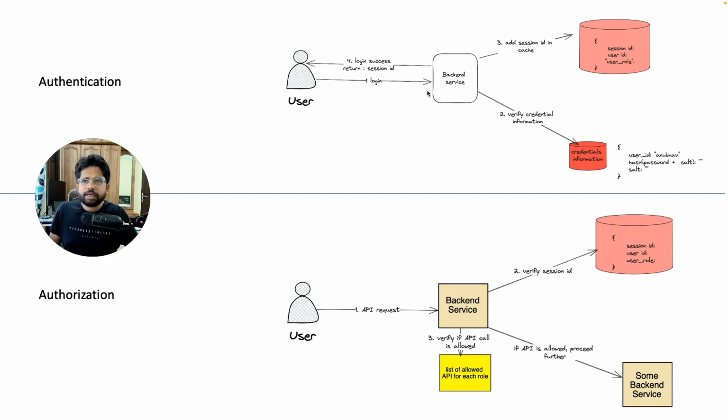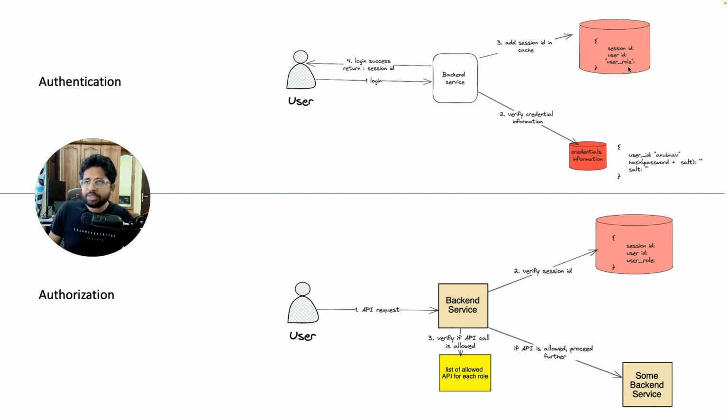So this is how the authentication used to work, now that I have been able to successfully log in. It's very simple to do. You have a database, you do the login verification, and you put the session ID in the cache, saying that this session ID belongs to this user. You might also put what type of user this person is, like an admin, a user, or something else.